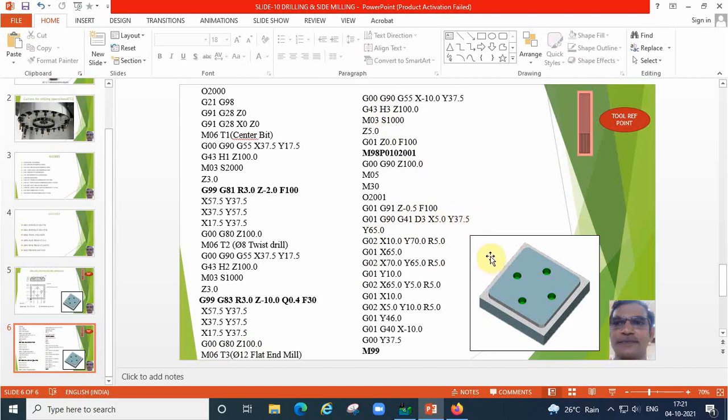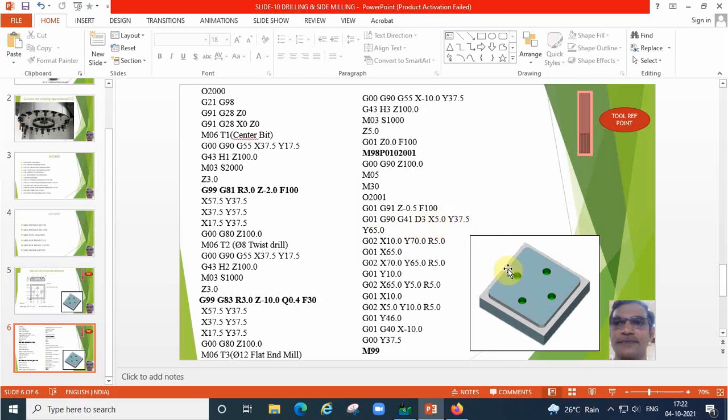Say now the tool is here. Engage the cutter with the workpiece. This is the point X5 and Y37.5. While engaging the cutter, the total diameter of the cutter will be coming outside of the profile. So that we have given G41 D3. Outside of the profile only the cutter will rotate. That is compensation. Okay, first point we located.